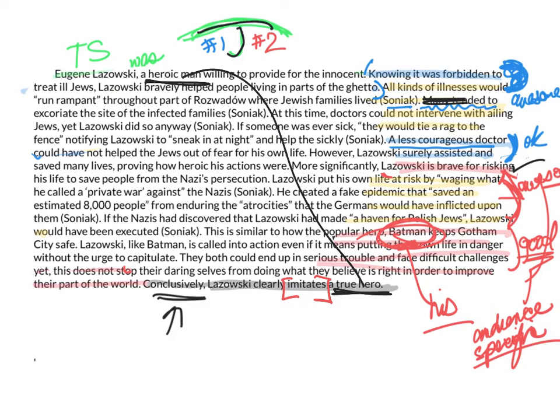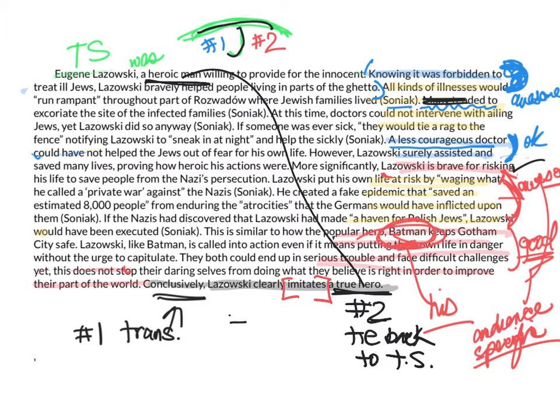If I imitate something, that means I don't really have it. I'm not embodying it. I'm just pretending. And so the word imitate here is where I probably get in trouble with my third element. Because you see, my number one element in a conclusion is a transition. I have that. The number two element, that's going to be a tie back to the topic sentence, and I have that. But the third element, number three,